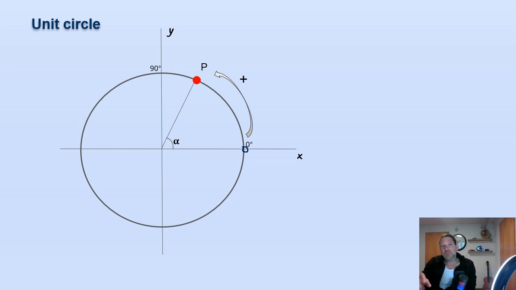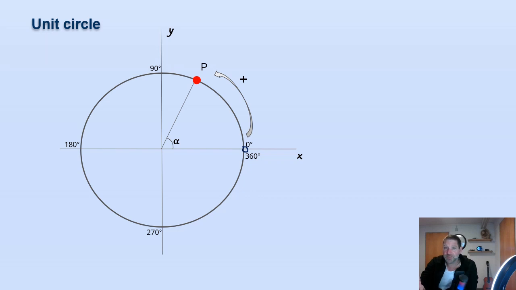Each quadrant of this plane covers an area of 90 degrees. So this first quadrant goes from 0 to 90 degrees. The second quadrant goes from 90 to 180. The third quadrant goes from 180 to 270. And the fourth quadrant goes from 270 to 360 degrees. So in a sense, if you end up at 360 degrees, you have completed a full circle and you're back